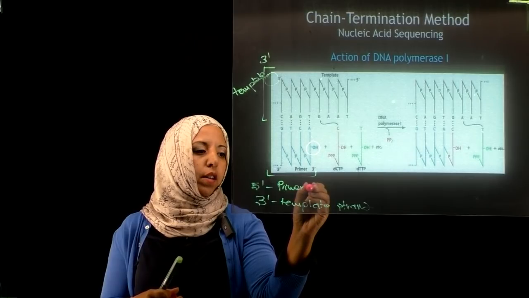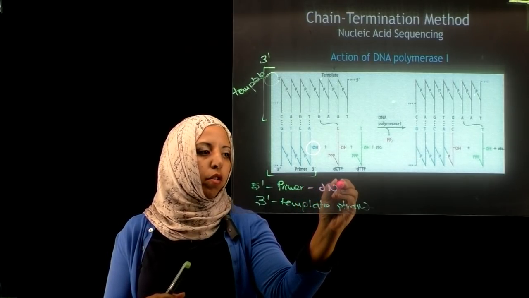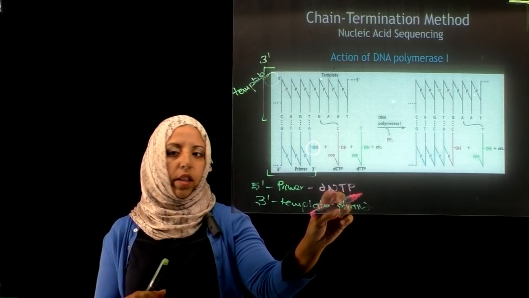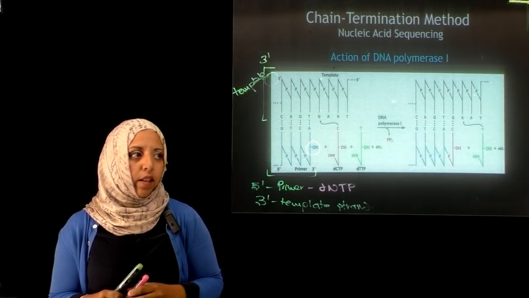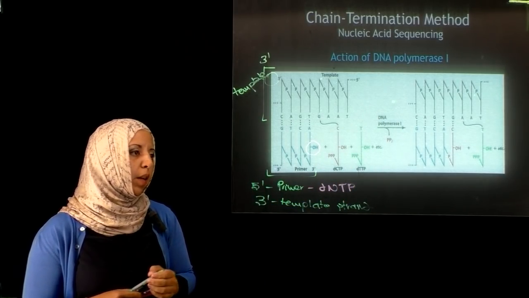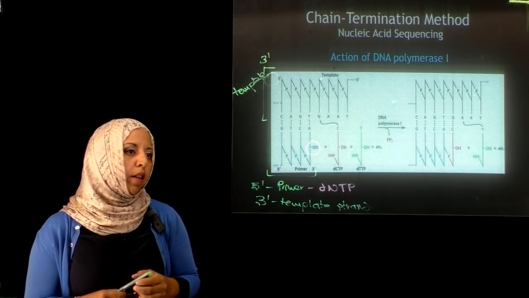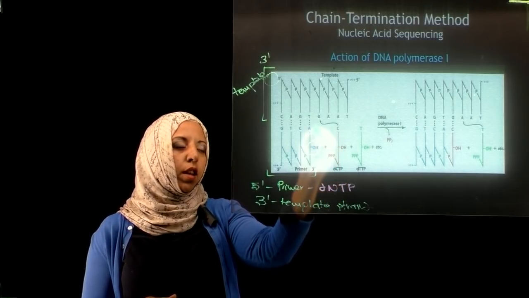To the primer, a phosphodiester bond is formed to the incoming deoxynucleotide triphosphates, including ATP, CTP, and GTP. What catalyzes the reaction is the enzyme known as DNA polymerase. So now all 4 nucleotides are present in solution. The next